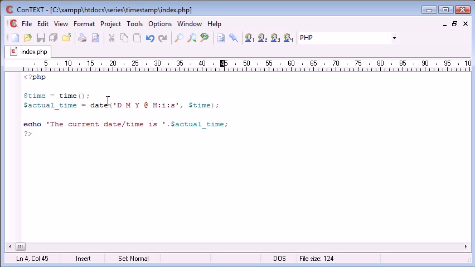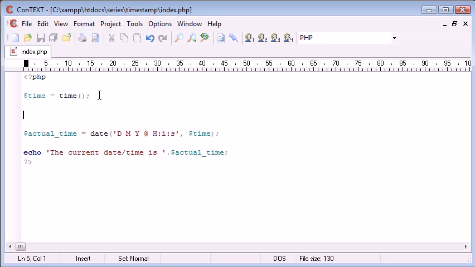However, what if I want to just up here, let's just remove this as well, otherwise it won't make sense. What happens if just up here I want to change the date? I want to change the date to say a week ago. Okay, so today's date is April the 1st, 2011. So what I want to do is I want to change the time, and I want to say the time